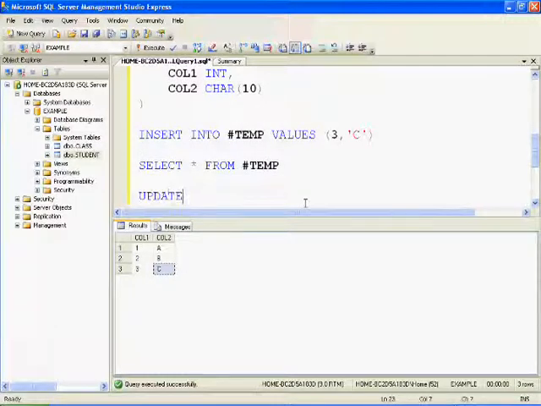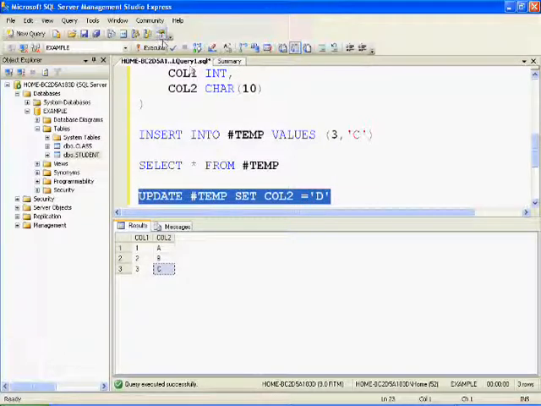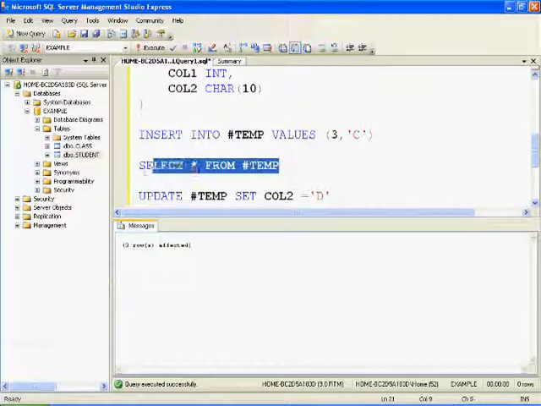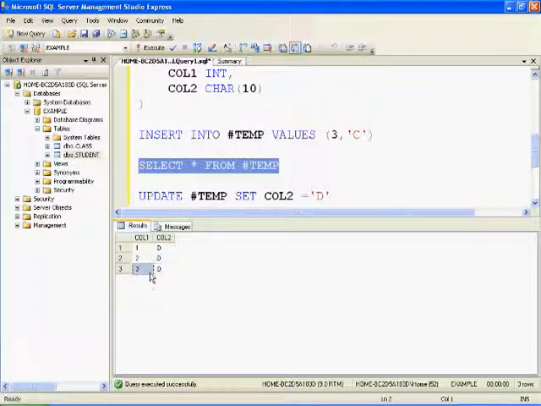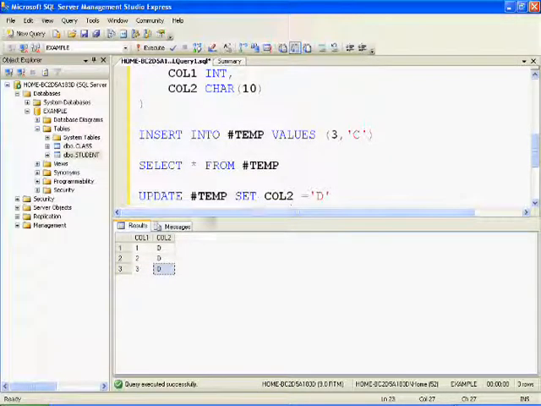Let's do the update operation on this table. Update hash temp, set column 2 equal to D. So what will happen now is for all the rows in temp table, column 2 will have only value D because we updated it for all the rows.